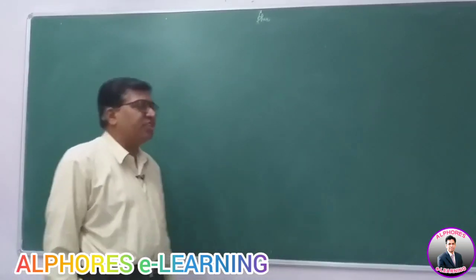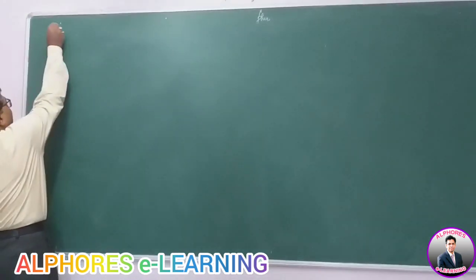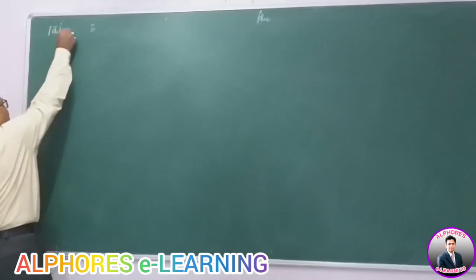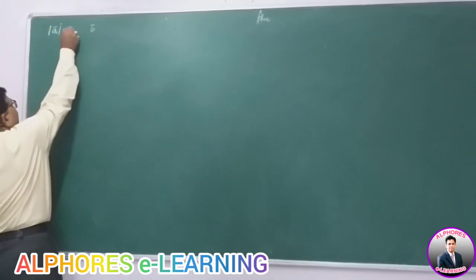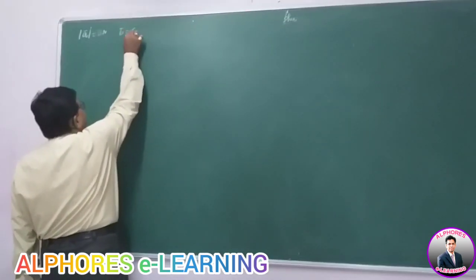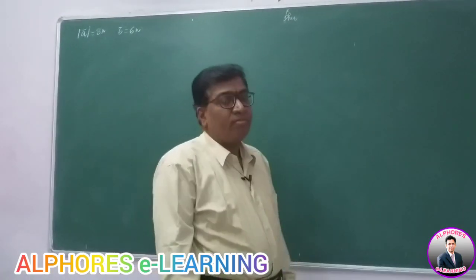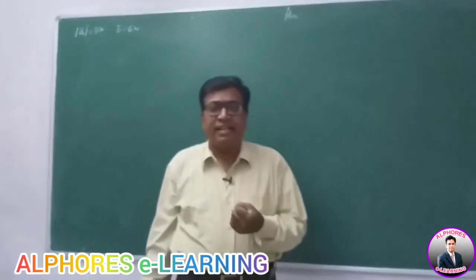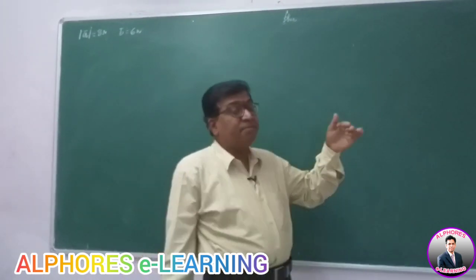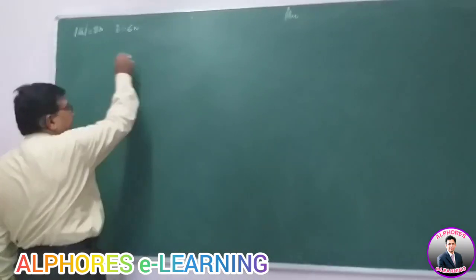Let us take an illustration where there are two vectors a bar and b bar. Magnitude of a bar is, let us say, 8 newtons and magnitude of b bar is 6 newtons. Now we are asked to find out the magnitude and the direction of the addition and subtraction resultants for different angles. Right, let us take a simple example and illustrate.